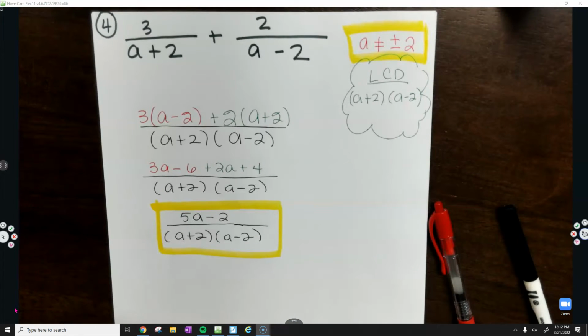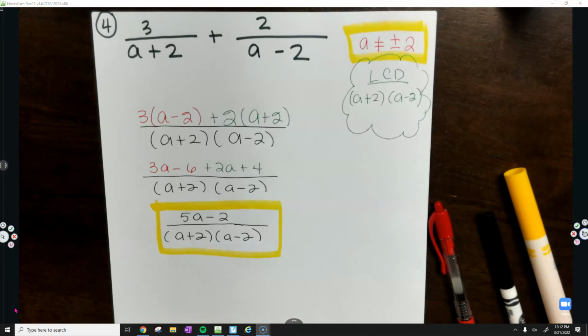So you can only cancel like a variable with a constant. Yeah, and you'll see, well, I'll show you. So mine, if it's just like 2a,